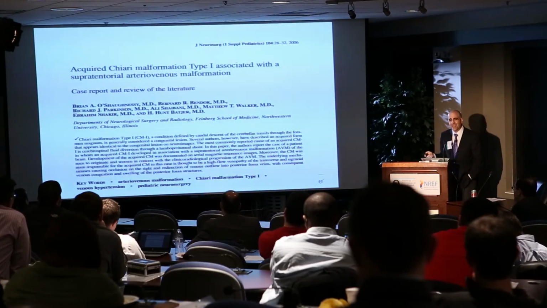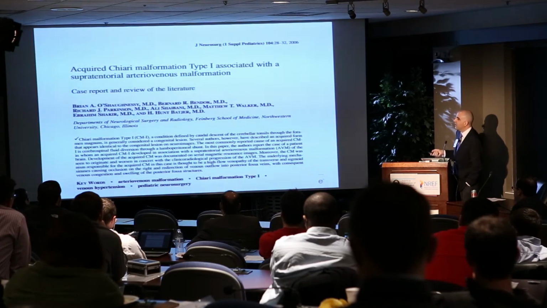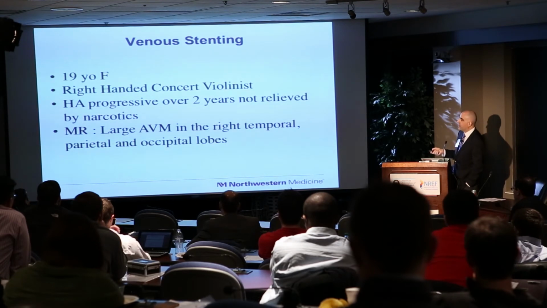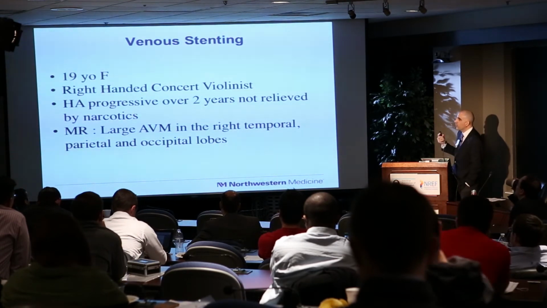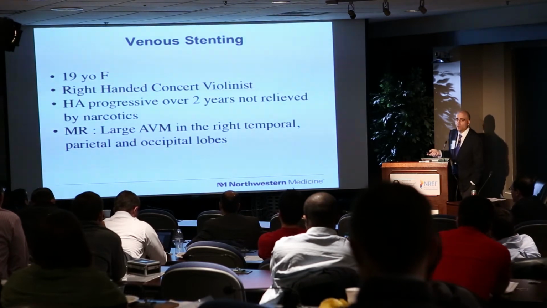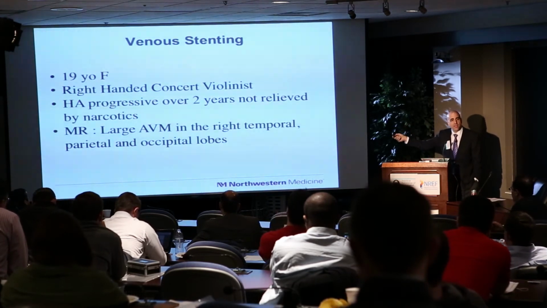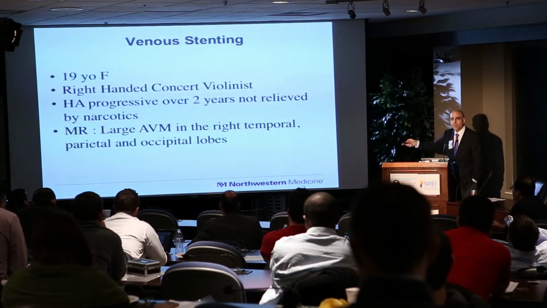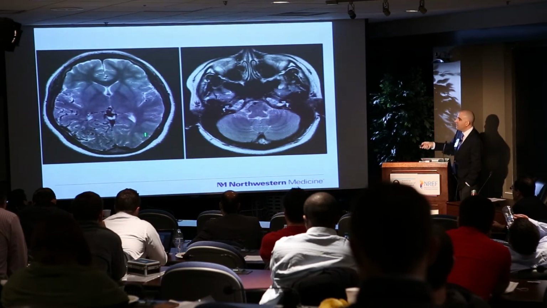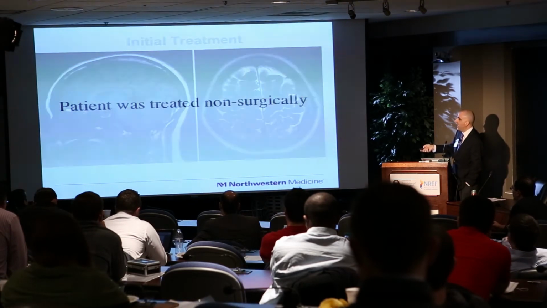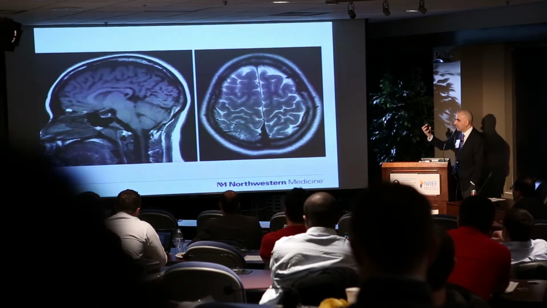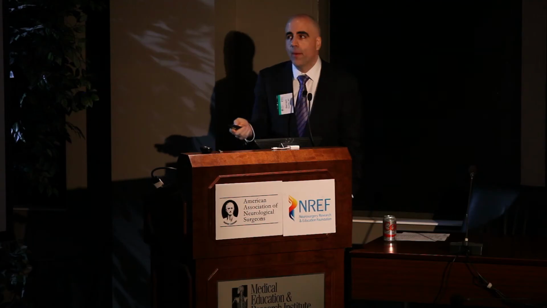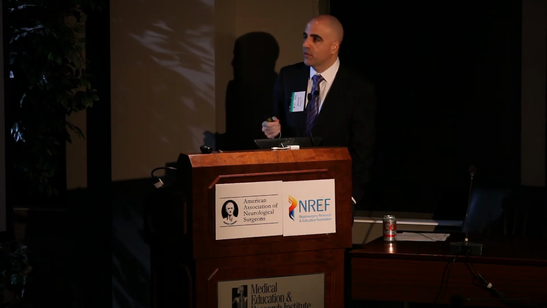What about venous stenting? That's an odd thing for an AVM. This is a lady that I learned a lot from. Actually, this case got me interested in the venous side. A 19-year-old female with progressive headaches over 2 years, not relieved by narcotics. We weren't smart enough to realize that her headaches were from something I'm about to show you. And she has this AVM, and that's not an easy AVM. I'm sorry I didn't bring all the angiograms, but it's a big occipital lobe AVM. And we also embarked on staged embolization with a plan to eventually remove it because it was becoming progressively symptomatic.